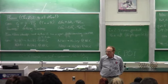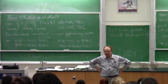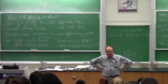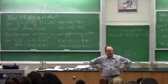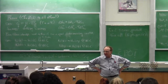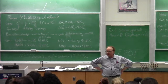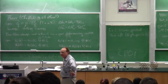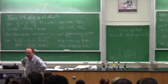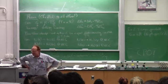23.8 torr. So 23.8 divided by 760 tells you what fraction of an atmosphere the vapor pressure of water liquid is in this room right here and now. 23.8 torr. So if I were to introduce into this room a source of water vapor with the partial pressure of the water vapor being greater than 23.8 torr, that would go. That would be spontaneous, because